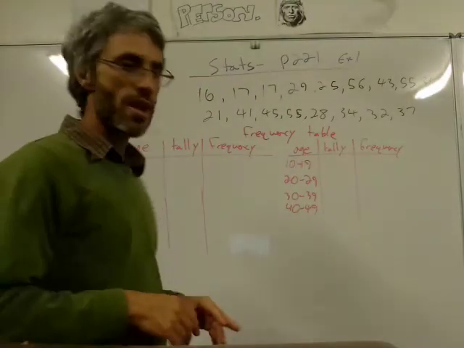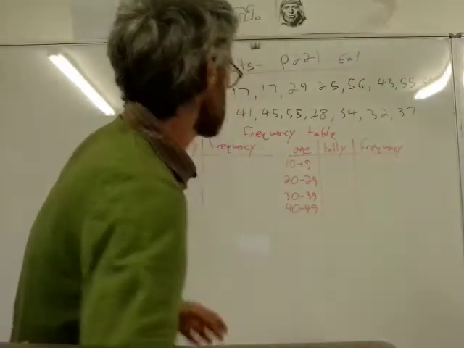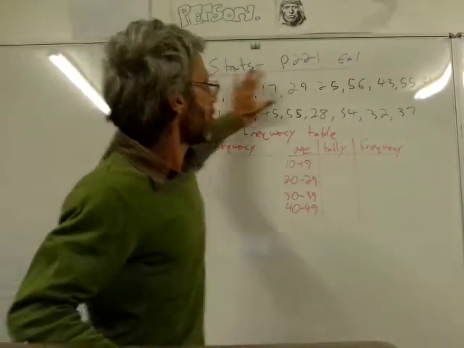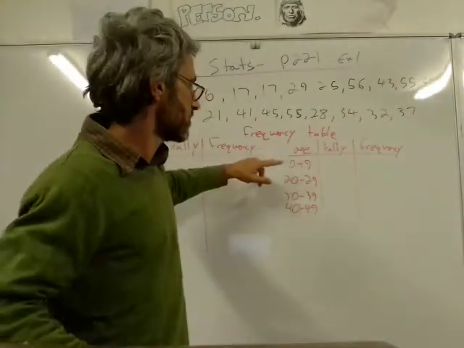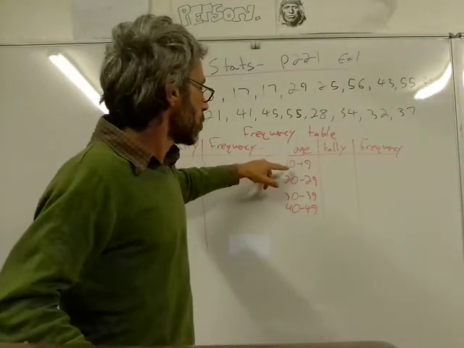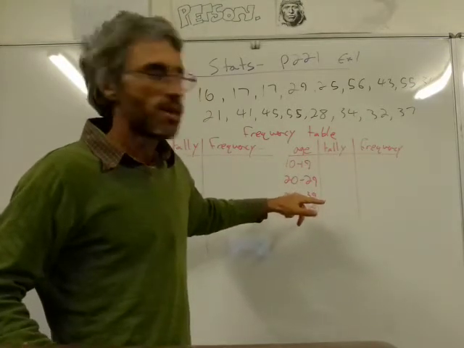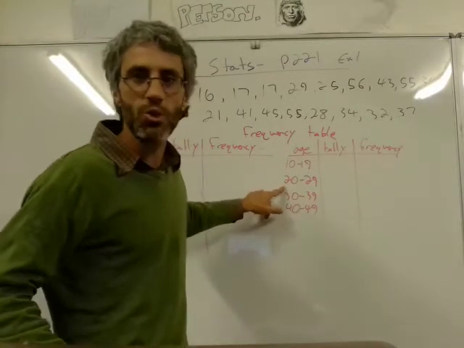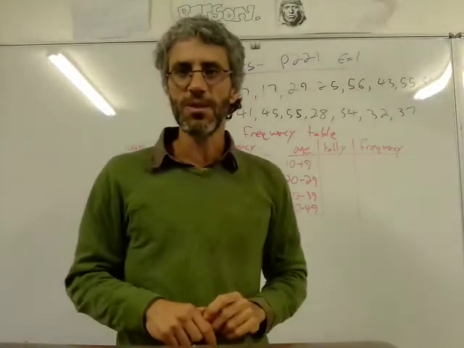Now, what we're asked to do then is write a frequency table. What is a frequency table? So I want to find out, of all these people, okay, I didn't draw, I just made up my own numbers, it's not from the book, but I wrote down how many of them are the age of 10 to 19. Okay, how many of them are between 20 to 29? How many of them are between 30 to 39? This is called the frequency table.